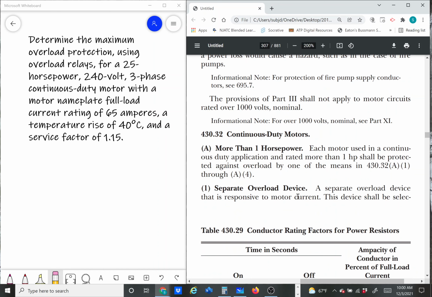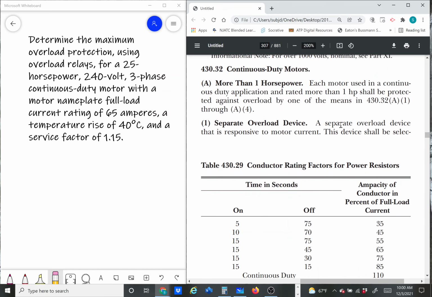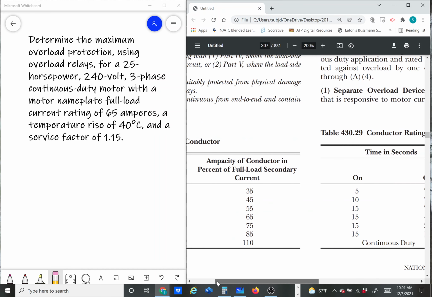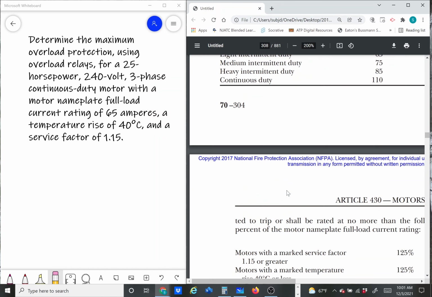Our fractional horsepower motors, we don't really deal with overloads all that much, thermal overloads. So most of our calculations aren't going to fall into that realm. They're going to fall into the more than 1 horsepower. So 430.32(A)(1) is going to be where we're going to spend most of our time on this. And that states that a separate overload device is responsive to motor current. This device, blah, blah. So basically, in a nutshell, we're using our nameplate amps,